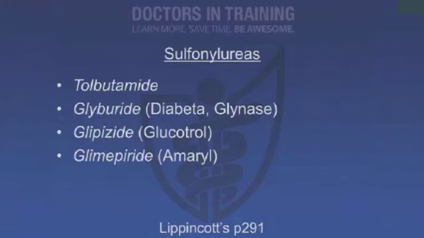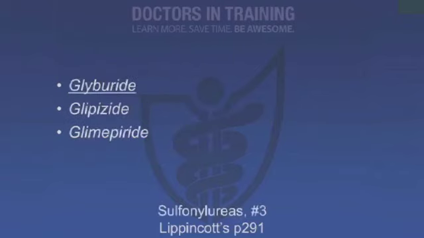The drugs we're talking about include tolbutamide, which is a very old drug. It came out in the 1950s. It's not very commonly used anymore. We also have a second generation sulfonylurea called glyburide, which is very commonly used, glipizide, and then glimepiride, which is considered a third generation. And all three of these that begin with G, glyburide, glipizide, and glimepiride, are all very